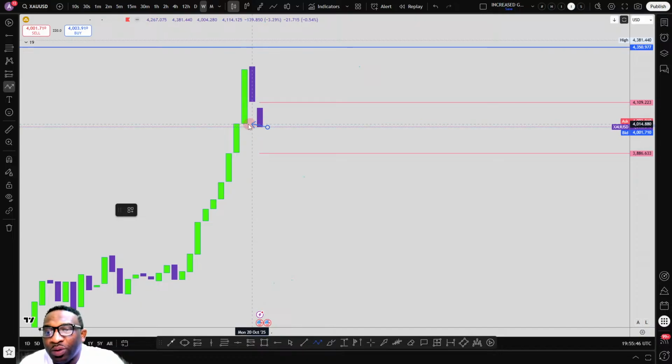It gives us much better information, and it carries more weight compared to the lower time frame. So this is the weekly time frame that we have this indication on. We have a bearish engulfing on the weekly time frame, and also